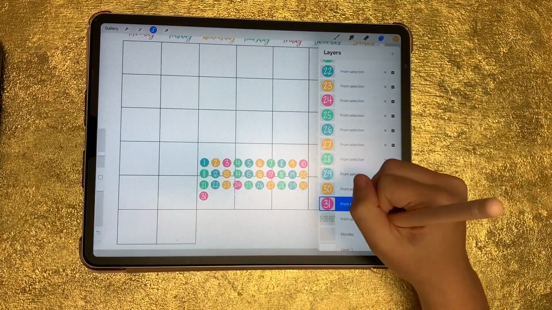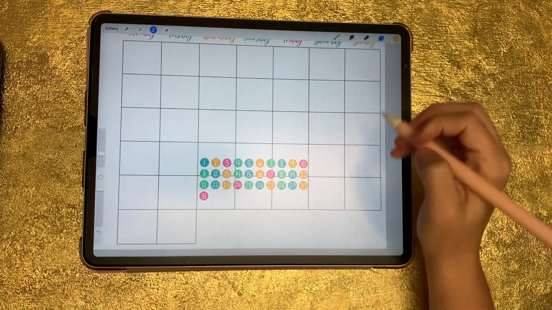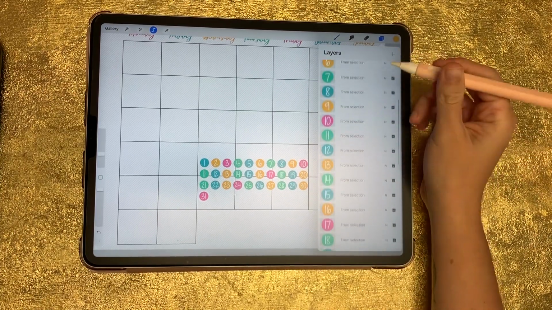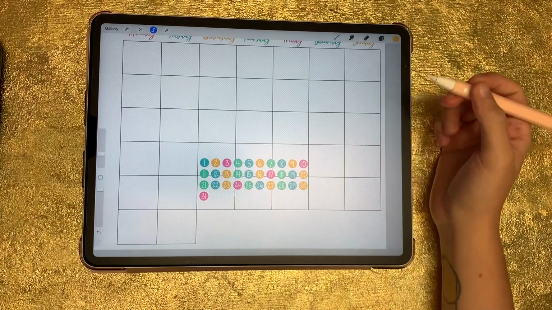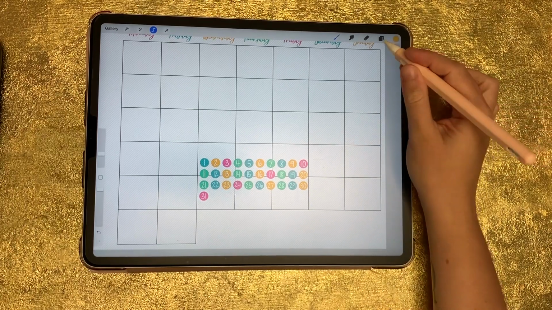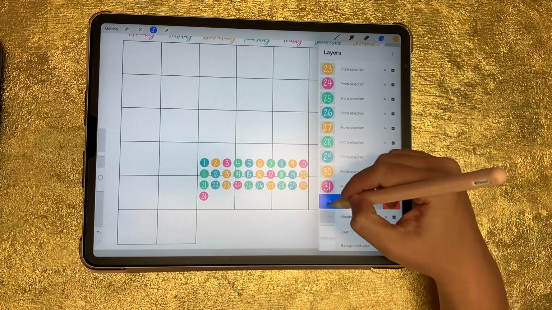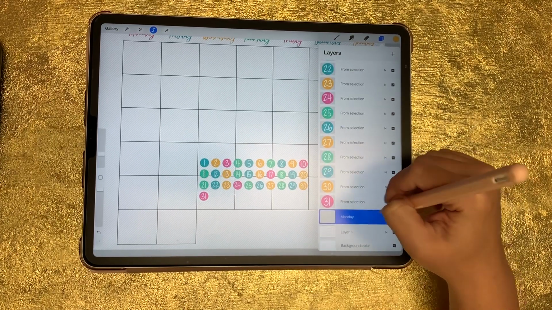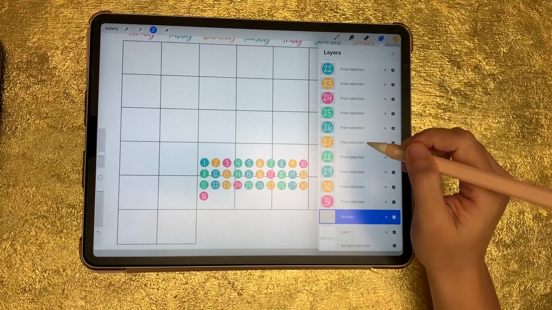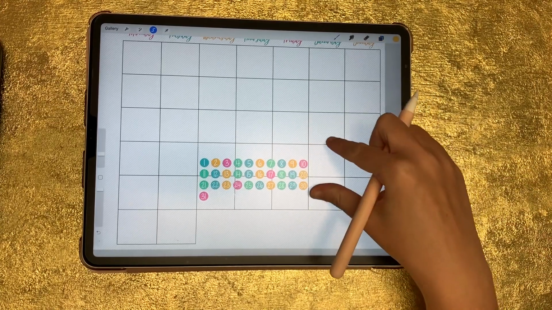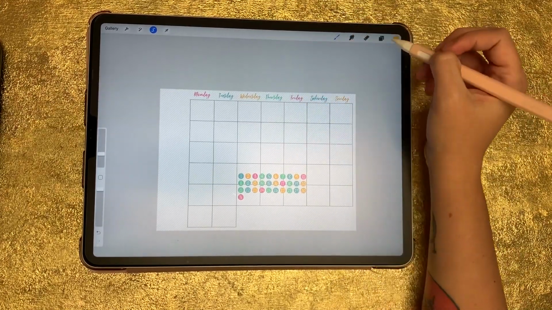Okay, so instead of deleting that original number layer, I just hid it for a minute, and I'm gonna make sure I have all of my numbers, which I do. I can actually just glance and see that I do. So now I can delete this layer that I've hidden that has all of the numbers and icons on it, because all I want right now are the numbers. So now I can start placing these numbers,